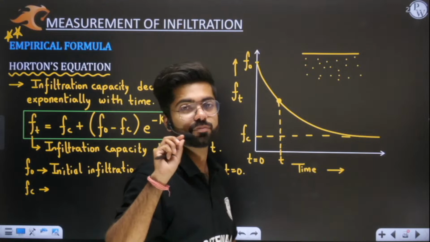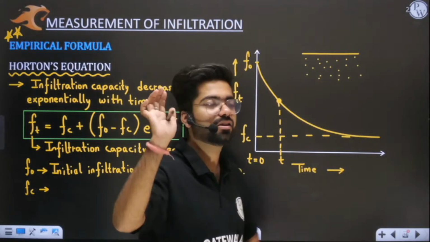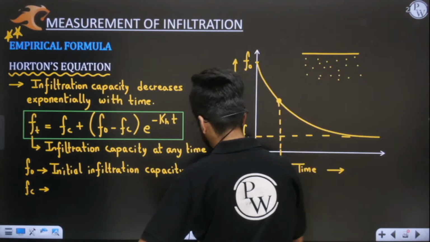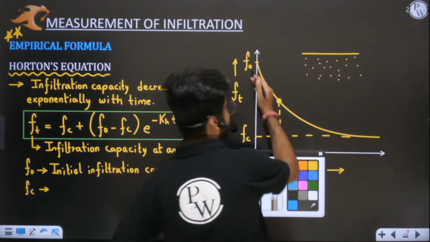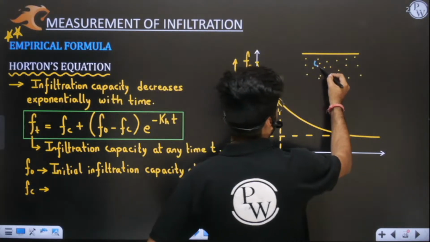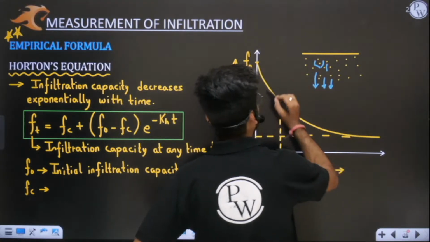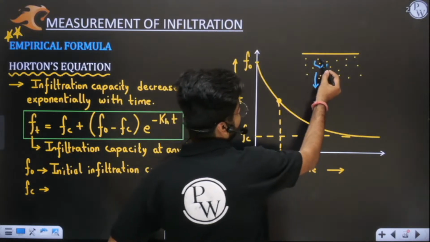Soil is dry, which means that all the voids are empty initially. So what will happen? Some water will be stored in the voids initially when this rainfall has started. Some water will be stored here, and some water will go down. Yes or no? Now, with the passage of time, since these voids are getting filled,